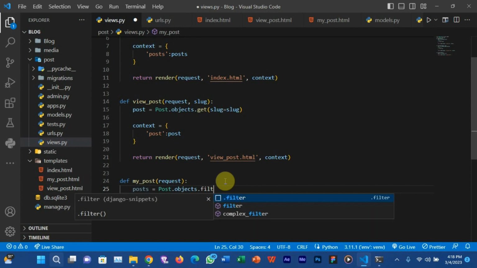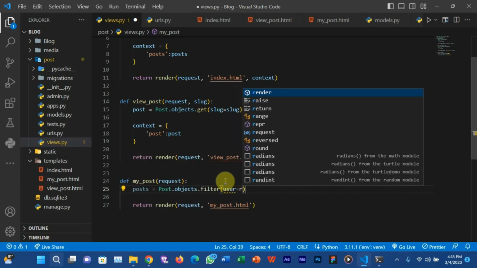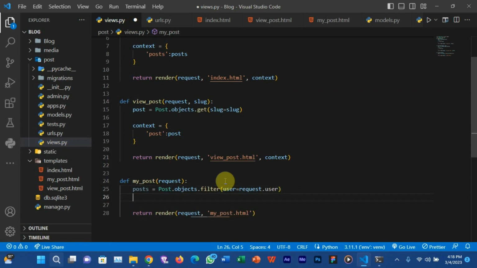You need to get the user who is currently logged in. So filter user should be equal to request.user. This will return details related to the user who is currently logged in.